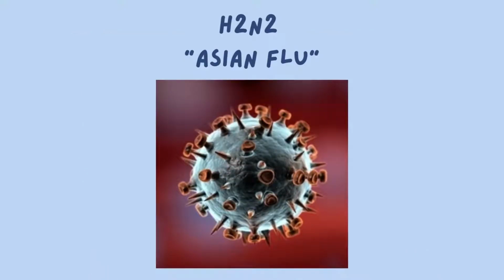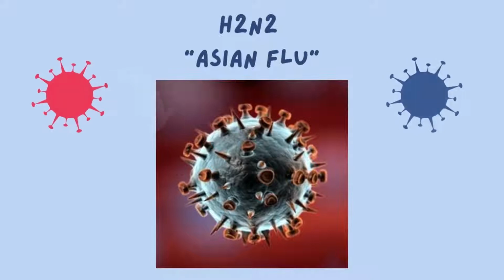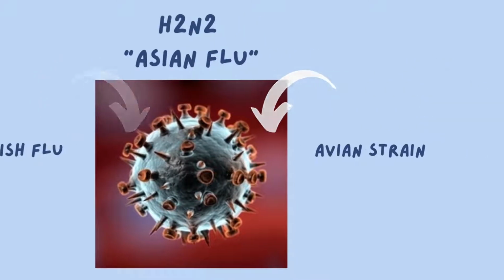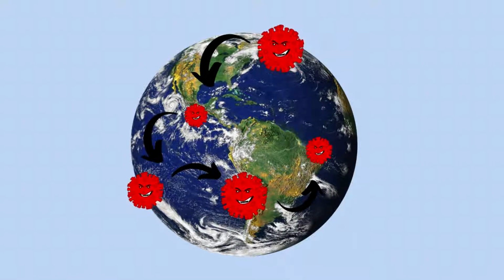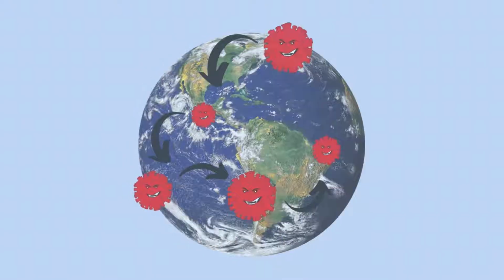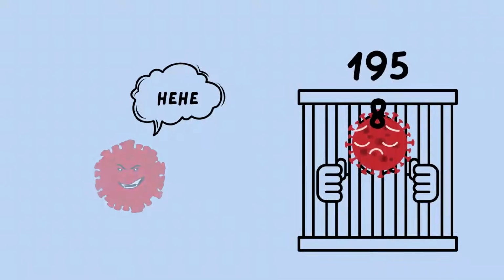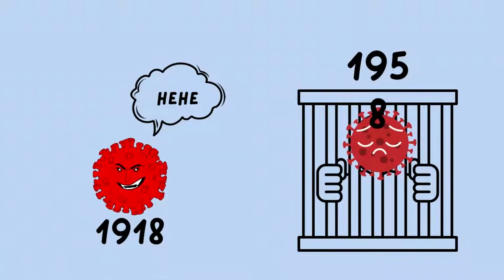This strain was named H2N2, but was more commonly known as the Asian flu. This H2N2 strain evolved from both the Spanish flu and an avian strain of influenza A. The virus spread across the world, and by the pandemic's end in 1958, an estimated 1.1 million had died from this strain. The only reason why the strain did not wreak as much havoc as the 1918 pandemic flu did